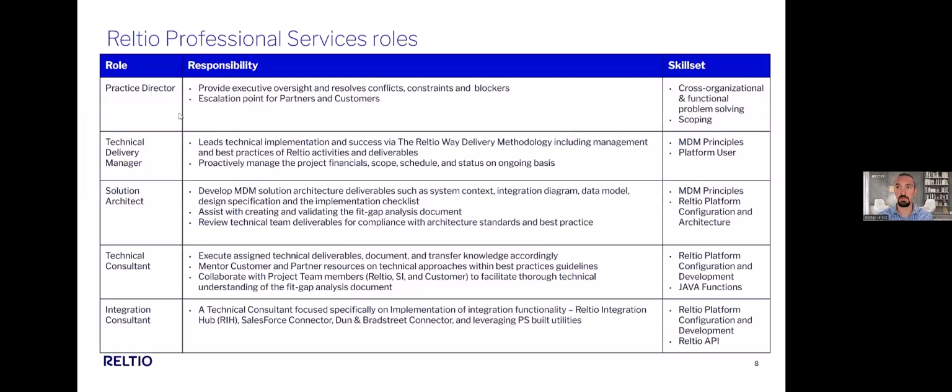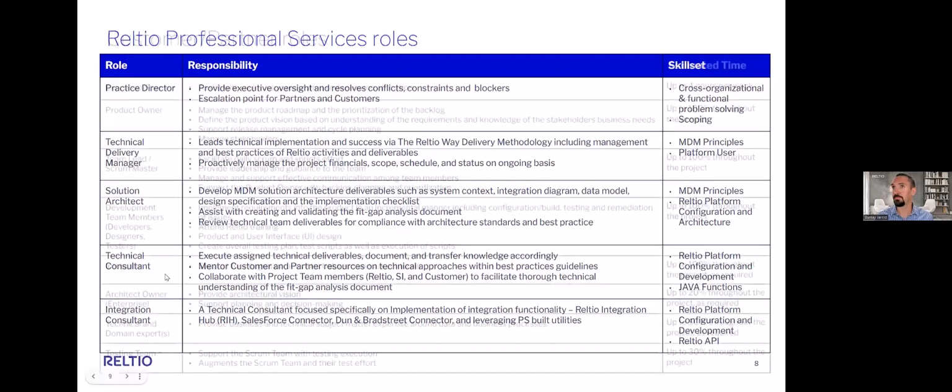This slide, we'll have this out here for you. This just gives you a briefer, longer breakdown of what the roles are, what you can expect from them, from their delivery and their specific tasks. So we just mentioned those four here. And then this last one, sometimes Reltio will bring that integration consultant. Let's say we're using RIH, Reltio Integration Hub, to integrate with the downstream system, something like Snowflake, the Snowflake connector there, and they would be the individual delivering on that scope.